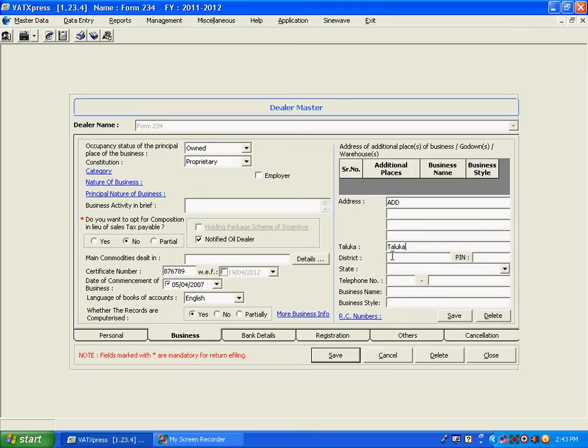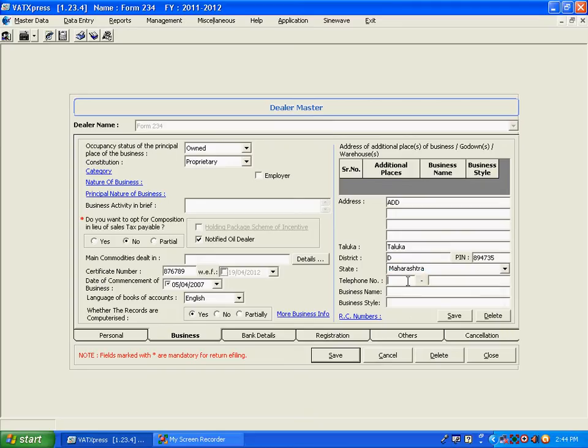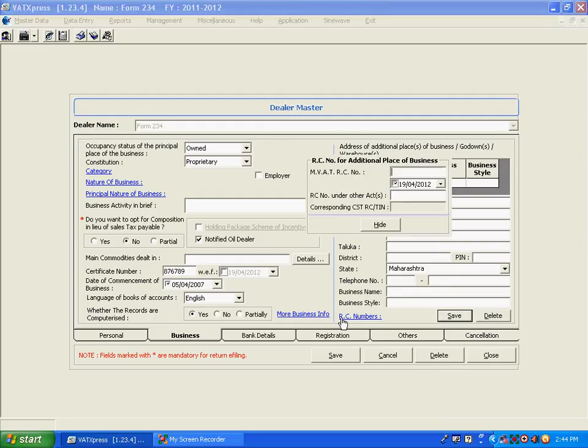Enter the address, taluka, district, pin, state, telephone number, etc. Enter the RC number.